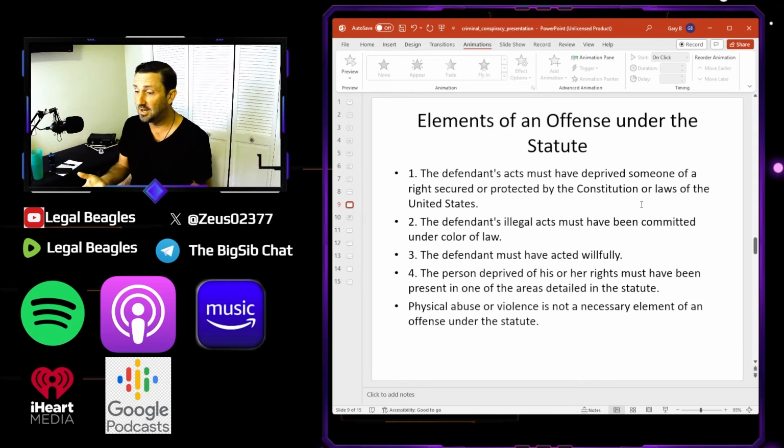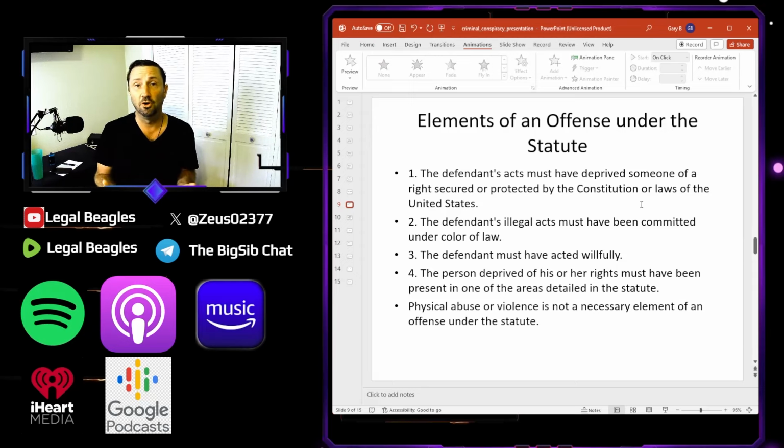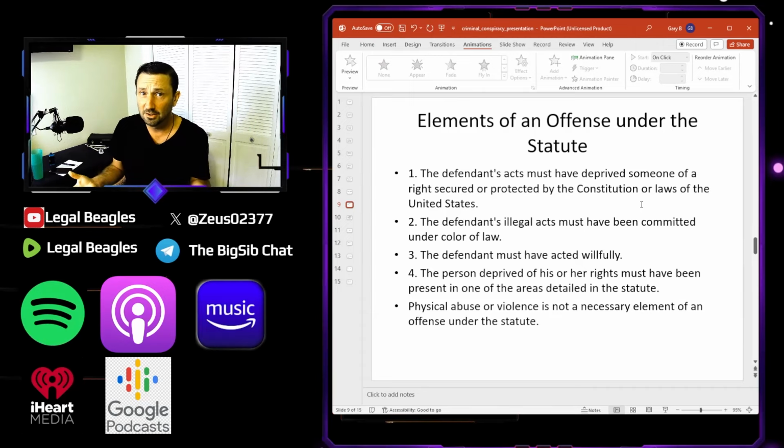Number 3, the defendant must have acted willfully. So they must have willfully wanted to do this. But in the cases we're talking about, especially if it's you and one other officer, then clearly he's going to act willfully. If he was ordered to do something, or if he was responding to something that you did that may have threatened him, then that may cause you to have a little issue here in the cause